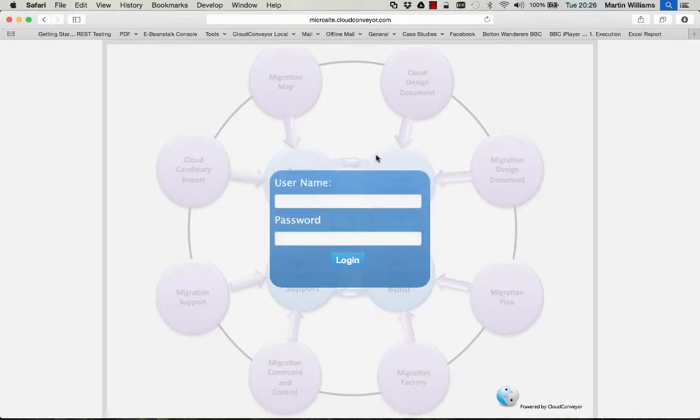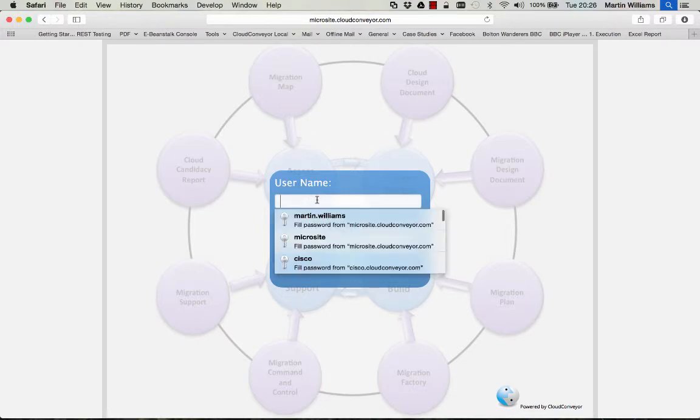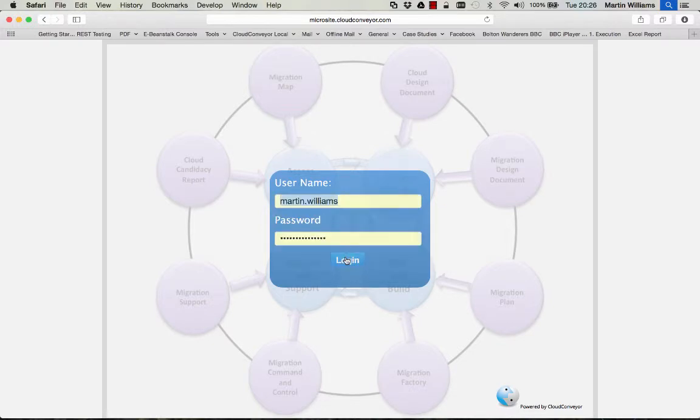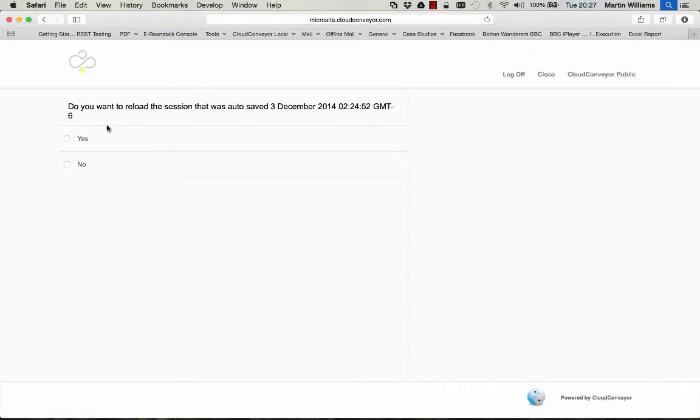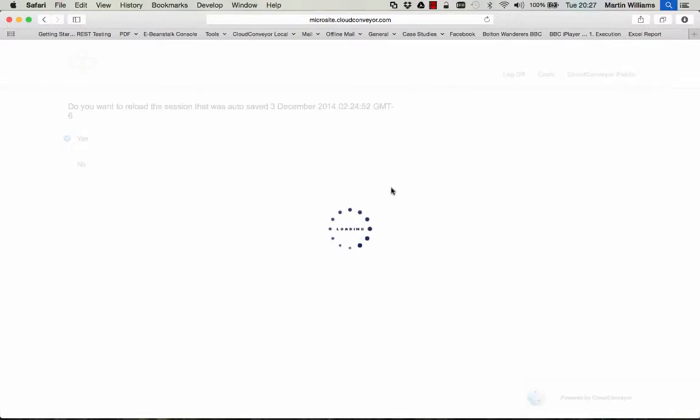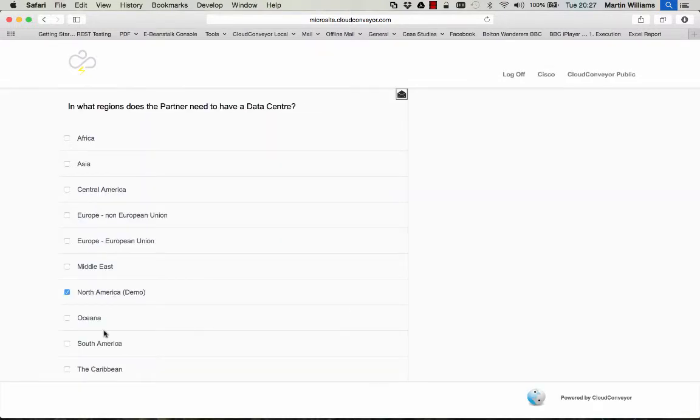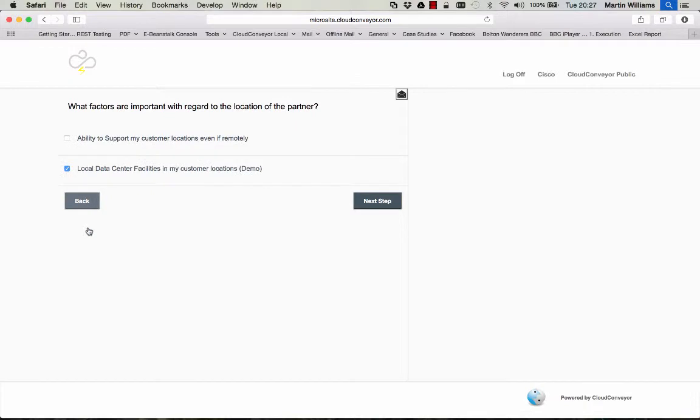So I'm going to go into the decision engine and I'm going to log in. I've already got some questions pre-populated and already answered the questions just to speed things up a little bit. So I'm going to reload those answers in, and I'll take you back through the answers that I've already provided. So if I go back to the beginning,